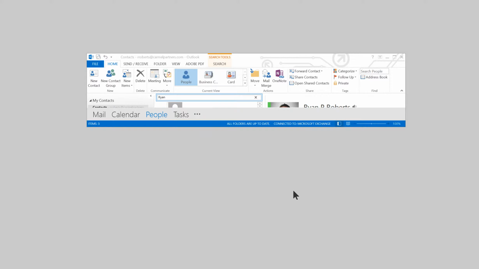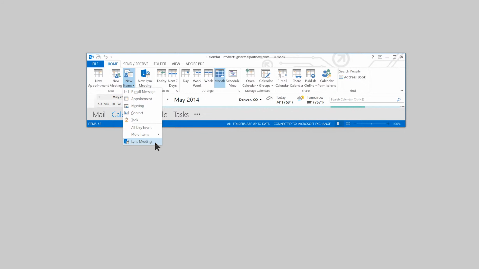The difference between the two is the constant one always has the same URL link, as well as the conference ID, and the instant meeting creates a new one each time. So depending on what type of meeting you would like to have, you have two different options. The first one is through the actual Outlook client, if you go through this new meetings drop down within the calendar button,